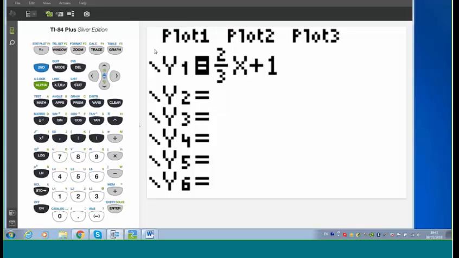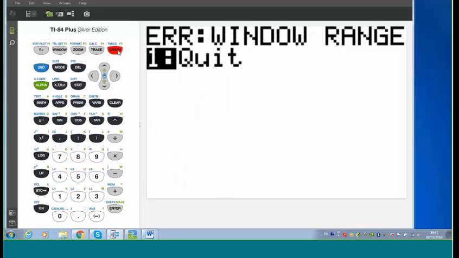So I've just typed in a different graph on the 84, and Jim showed you on the CE, but everything he showed you on the CE works exactly the same on the 84 Plus. It looks at times slightly different. The zero definitely is different, and I'll show you something that's different on here, but you can see that it comes up with an error. Now it gives us a hint where that error is, so we can only press quit. Sometimes it will come up with number 2, go to, and I always tell my students to go to where that error is. If I just go to the CE